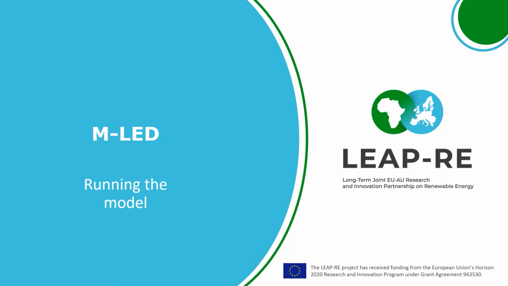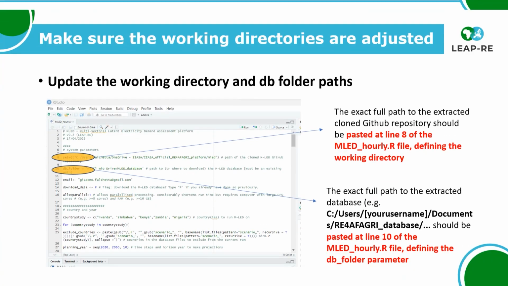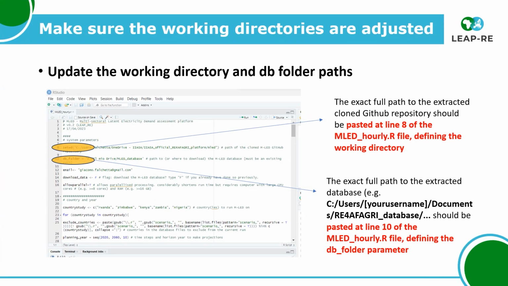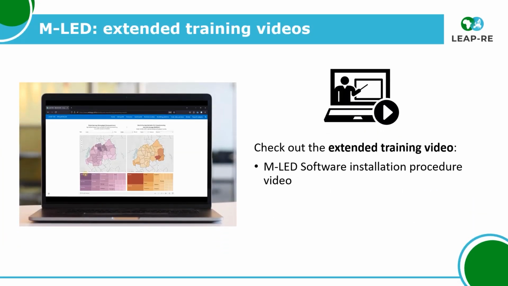Now that we have described it, characterized it, and prepared our environment following the video on the installation, we can now think about running the model. So to perform a run in RStudio, first of all, the user should open the MLED hourly file, the homepage of the model, into RStudio. Then, as already described, we should make sure that our working directories and data directories are updated with the paths on our local computer where we retrieve the databases. And then, of course, check in detail again the software installation procedure video, to ensure that all the packages, dependencies, and libraries are installed and the model configuration has been